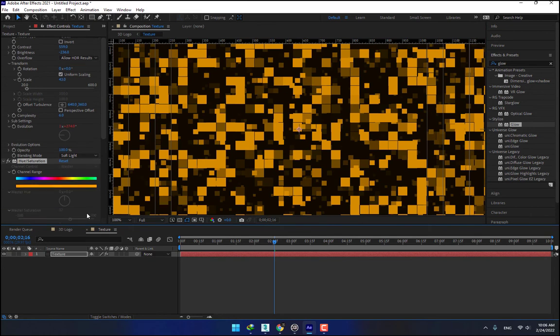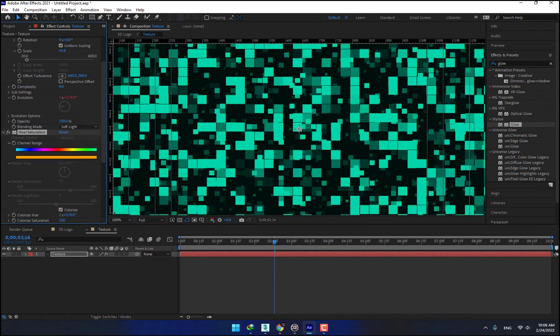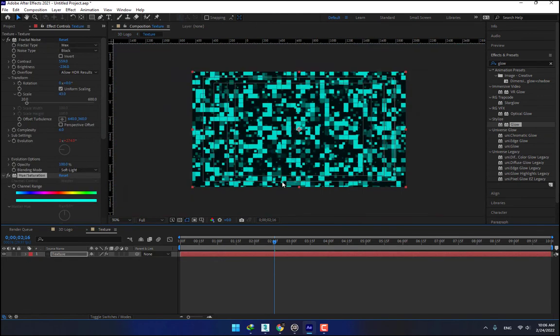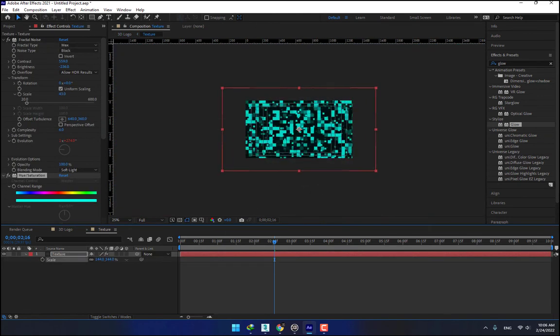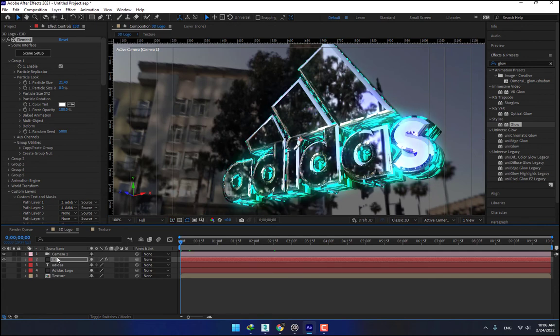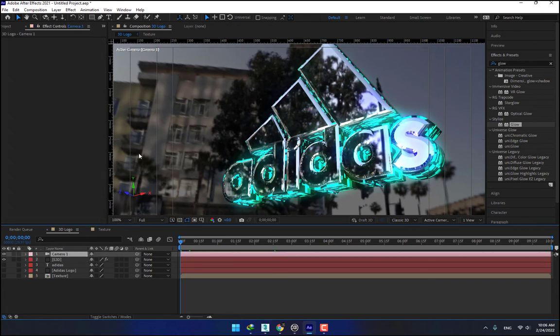Change the texture color like this. Yeah, this one is good. And press S, scale up. Now good. And select your camera,